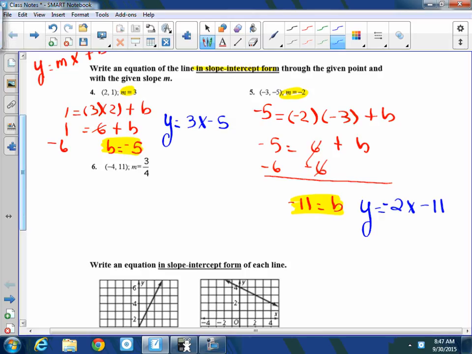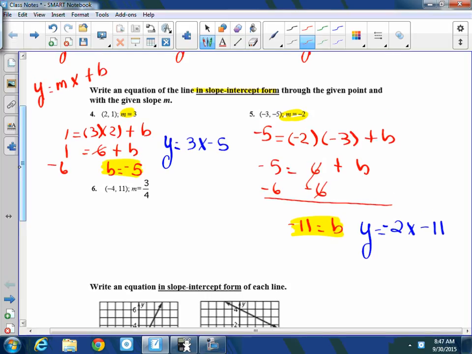Ready for the next one? Okay? All right, what's my y? 11 equals, what's my m? 3/4. And what's my x? Negative 4